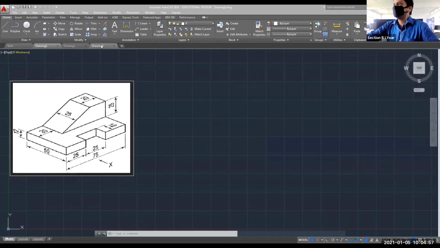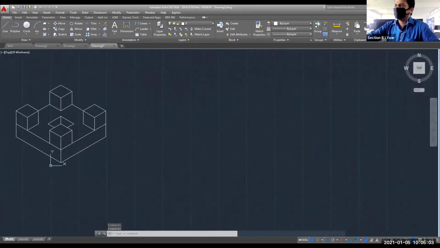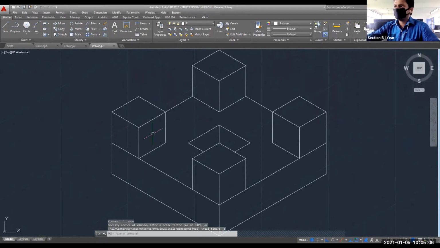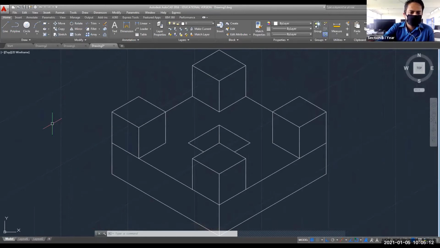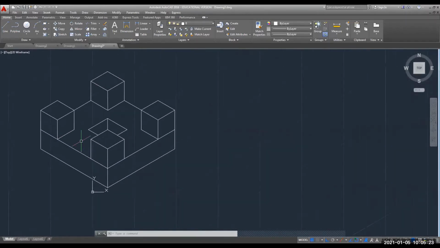So let's start with this one. Which one is a problem? Yeah, this one. As you can see, the symbol of the cursor is red and green in color. Okay, now let's focus on this AutoCAD screen. As you can see here, you have an object on your AutoCAD screen and the cursor is red and green in color. Can anyone tell me which mode we are in, whether isometric mode or orthographic mode?